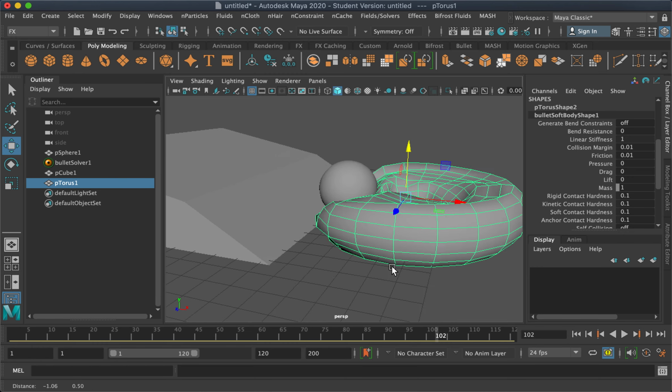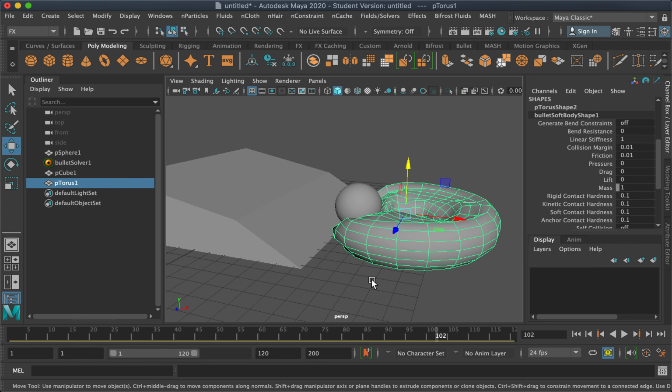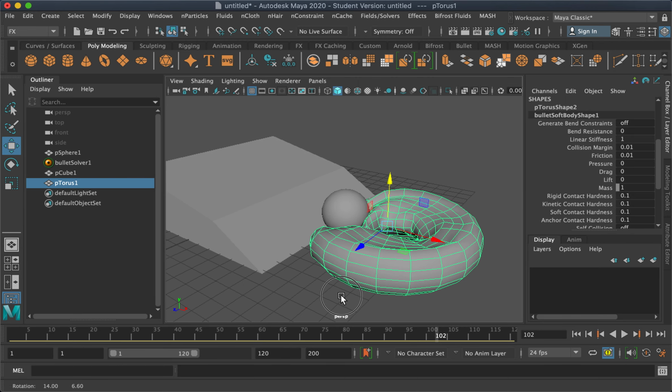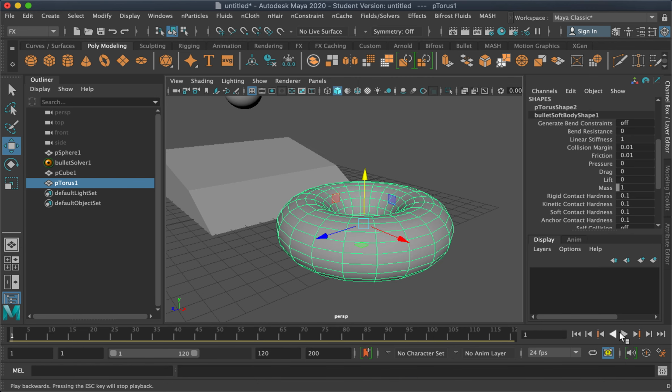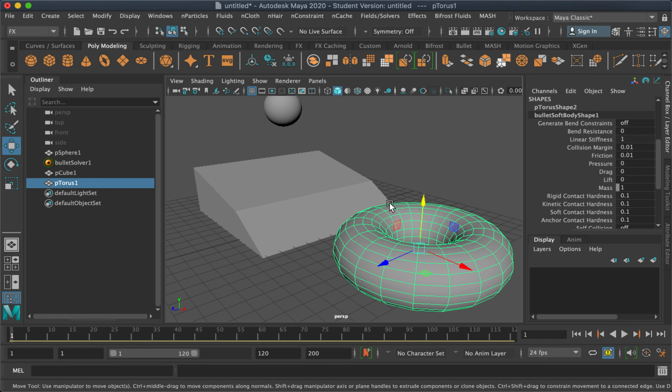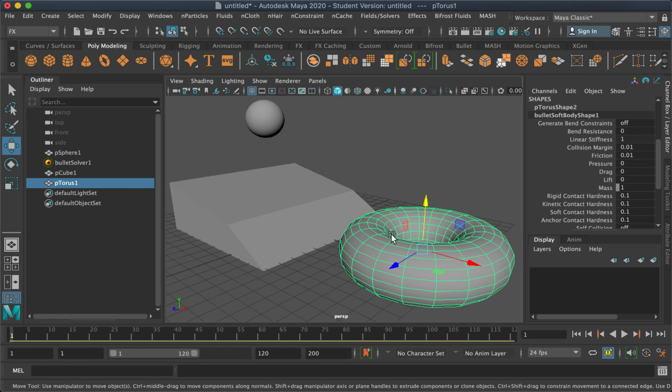It will take us a lot of time to do that if we're going to animate frame by frame. But by using simulation, we can easily do that in a shorter time. However, this will consume processing resources like RAM and CPU.